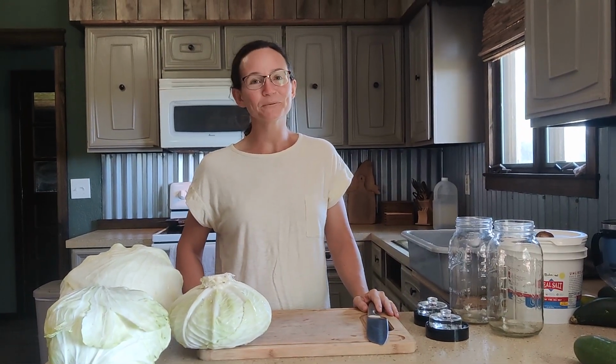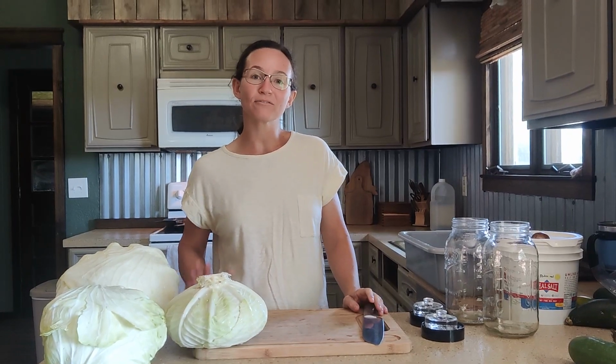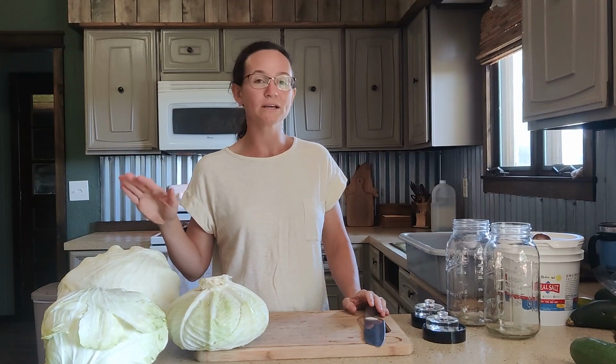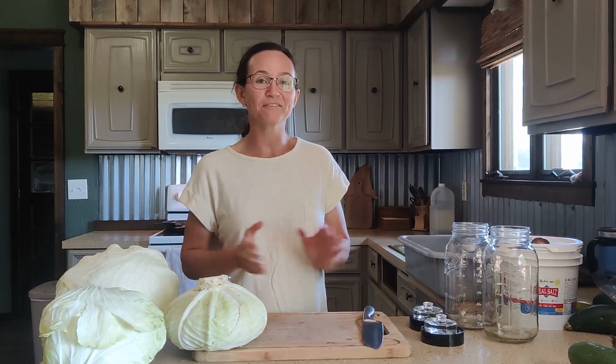Today I wanted to share with you how I make my lacto-fermented sauerkraut. Really the only way that we typically eat sauerkraut is fermenting it, so that's what we're going to do today. We've got a bunch of garden fresh cabbages here that we are going to turn into yummy fermented